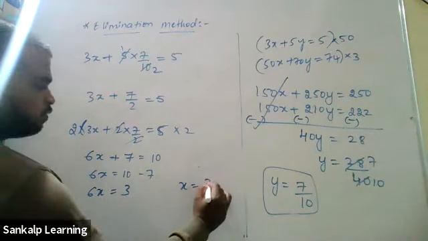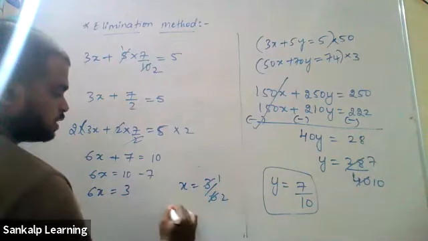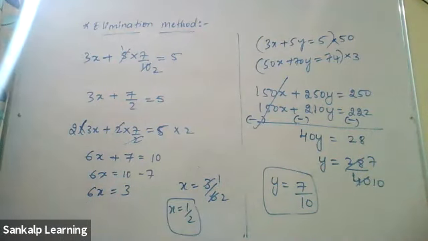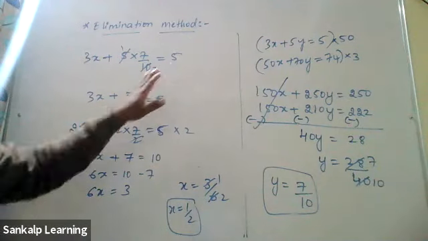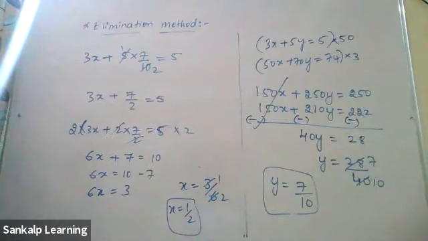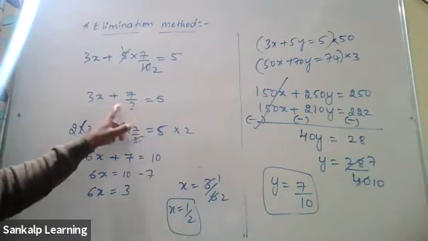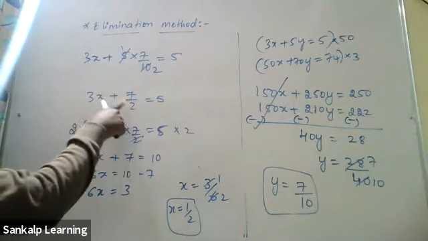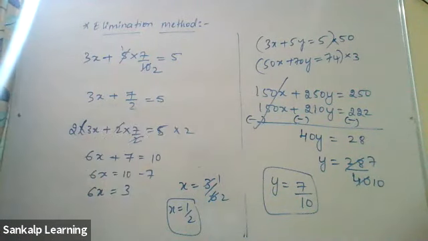Therefore, x is equal to 3 by 6. 3 ones are 3, 3 twos are 6. Therefore, x value is 1 by 2 or 0.5. I got it correctly now. Trisha, you made one more mistake here. It is not 50 here, it is 5. Just check it out. You have to eliminate this 2. How will you eliminate it? Throughout multiply by 2. Multiply this by 2 and that by 2, you'll get the answer.